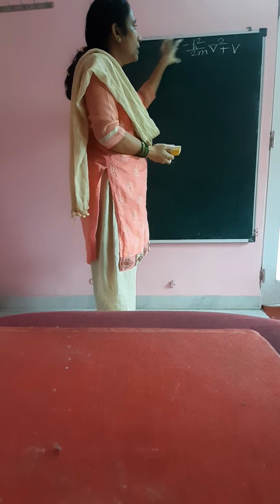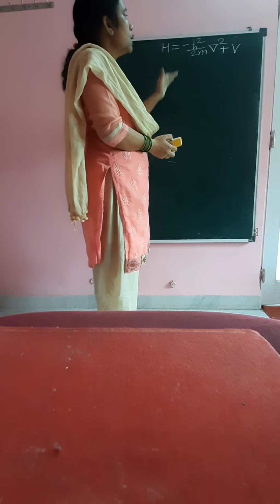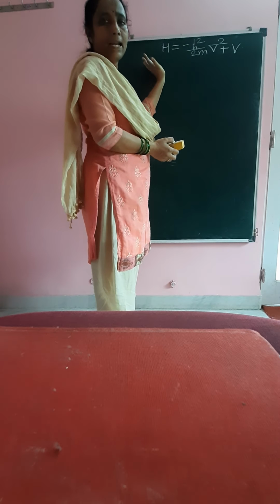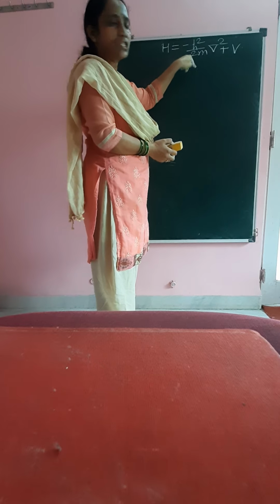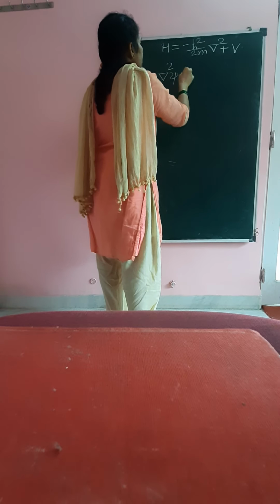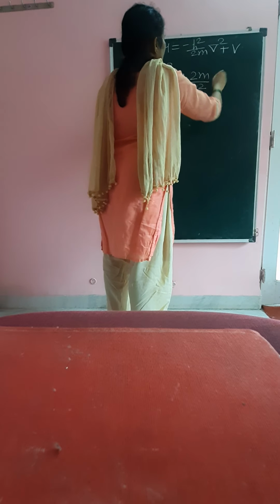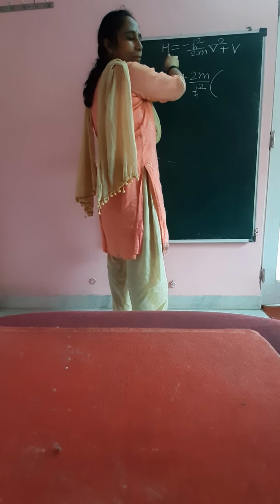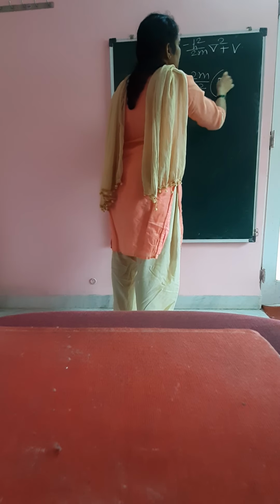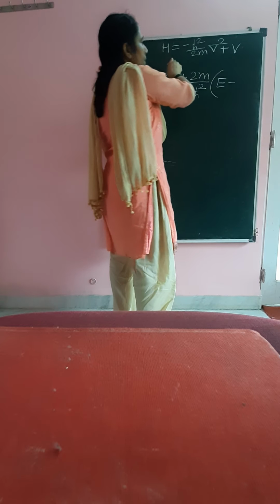Now we are going to arrange these terms to get the Schrodinger equation. So what we can do is, we can multiply throughout, means the LHS and the RHS by 2m by h cross square. So this will get cancelled, and then I'll take this negative term on the left hand side. So we will have it in terms of this del square psi plus, then the 2m by h cross square term will be there. At the place of H, I'll be writing the E, that is the total energy. And this V will become minus.